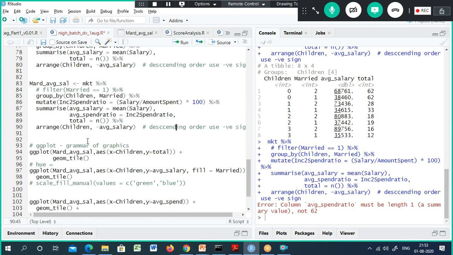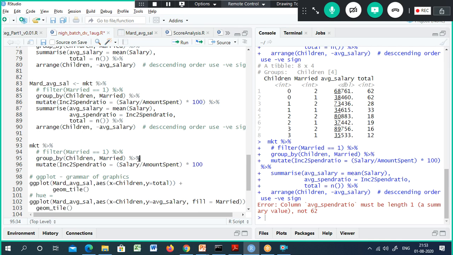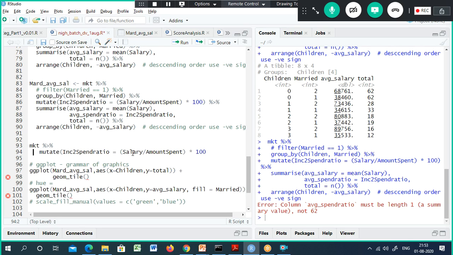Mutate, or else we will do one thing to show you how this one works. I'll just take this one. Sorry, mutate is a function, right? Yeah, here I did not put the outer. It's correct only, right?